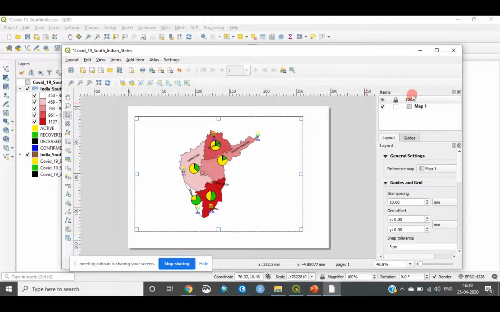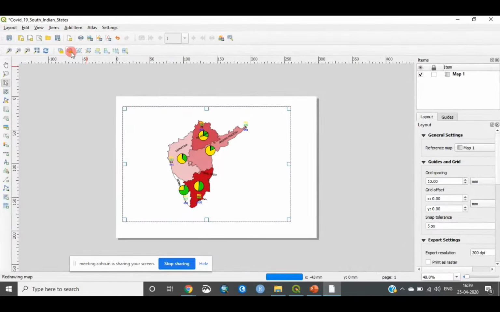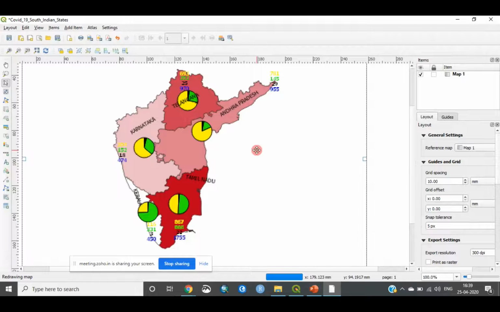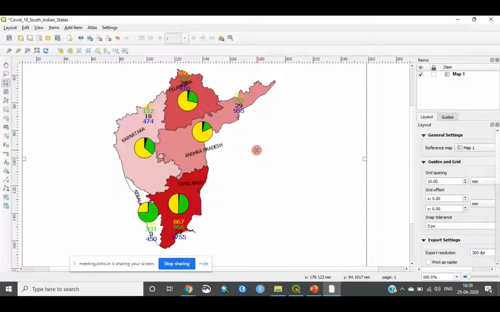All right, so now we have this map on our screen, but we don't know actually how it looks when you zoom in. It will still render, remember, because in QGIS, whenever you have this map layout, it will take some more time to render the map. But once you have it, it's pretty much easier. Now you can see our map is loaded, but there are still some minor conflicts which you can actually fix